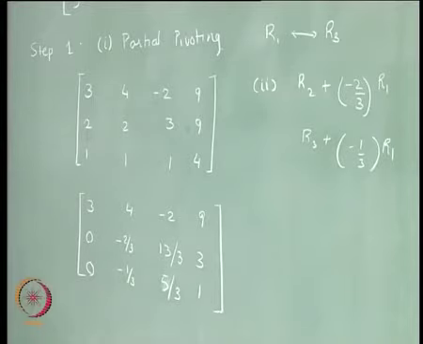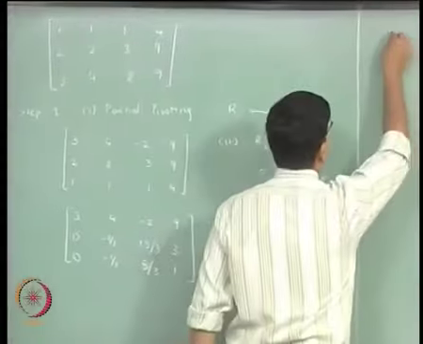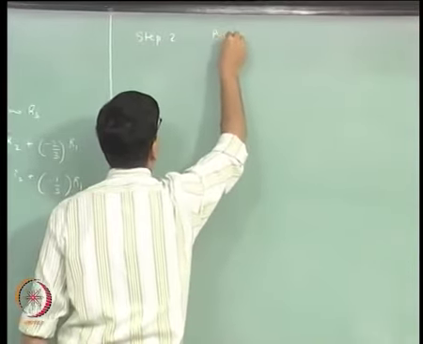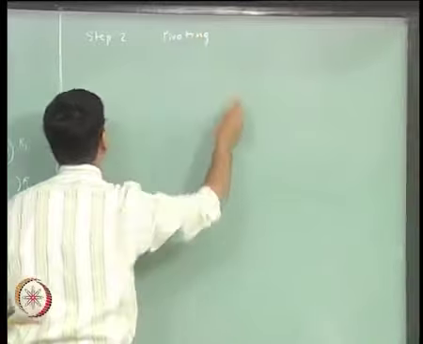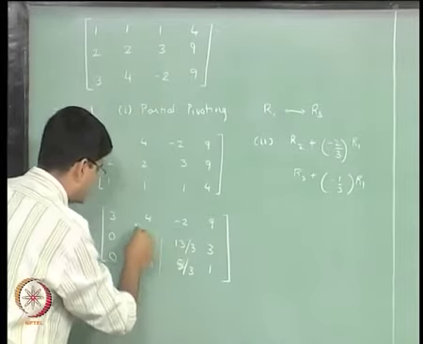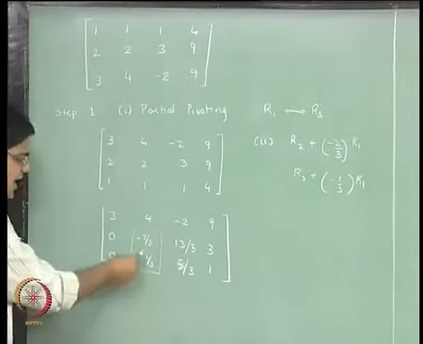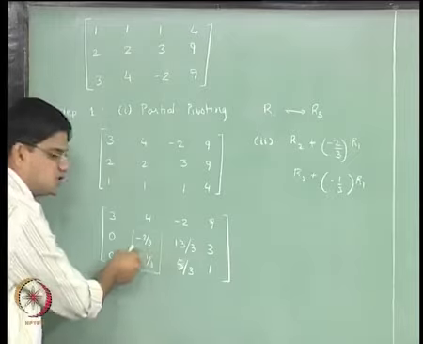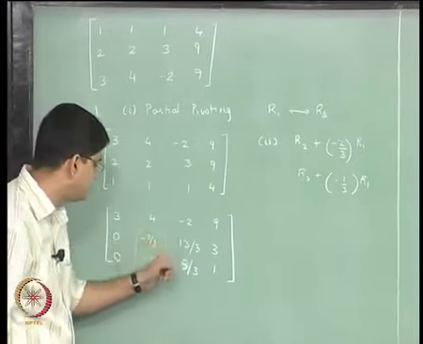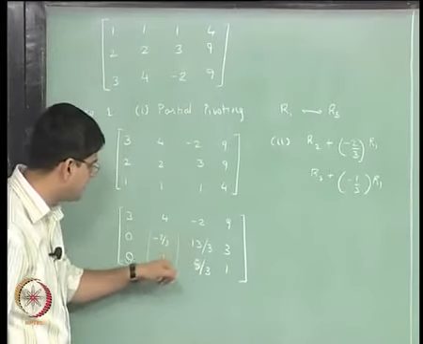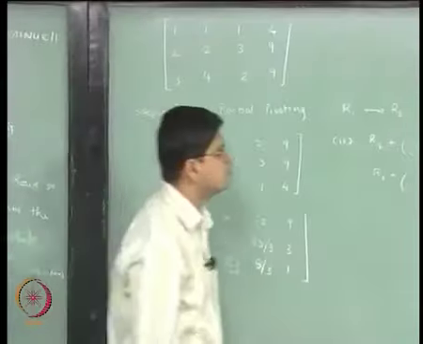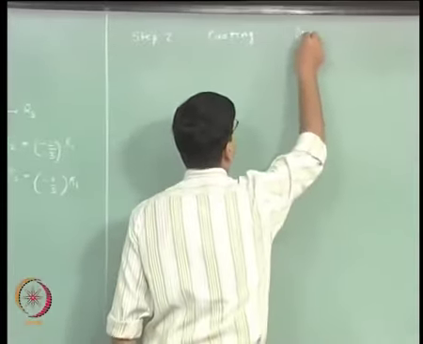Now, in step 2 what we will do is again look at the pivot. Okay. And now our column 2 is what we will be interested in, and the largest absolute value is minus 2 by 3. We are not interested in looking at the sign of the number, we are only interested in the absolute value, and the largest absolute value is minus 2 by 3. As a result we are not going to do any row interchange. So, pivoting will result in no row interchange